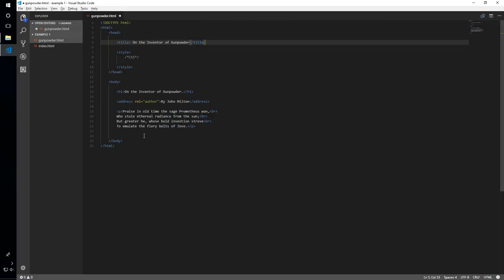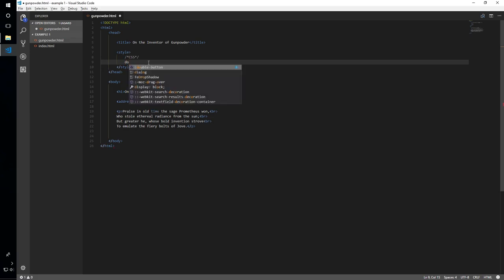The first thing I want to do is make all the text a little bit bigger. So I'm going to create a new sort of default text size such that everything in the file is now a little bit bigger, and that everything relative to that will be bigger as well. I'm going to do that by creating a new rule